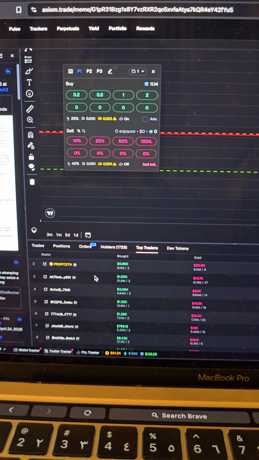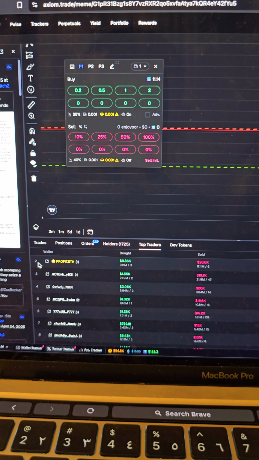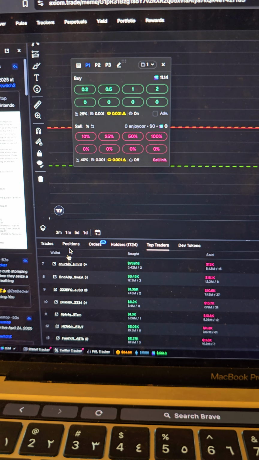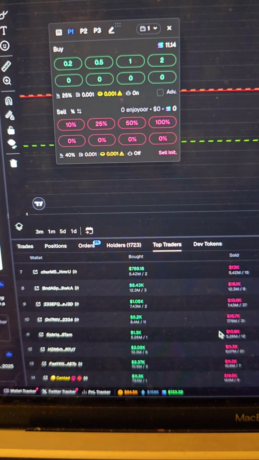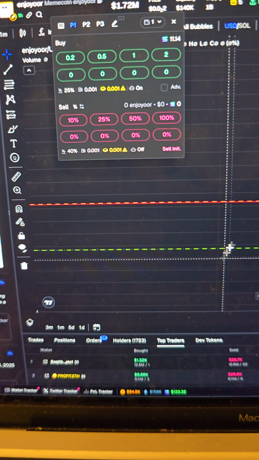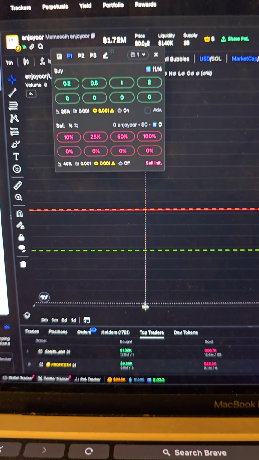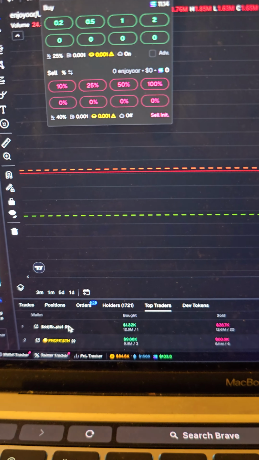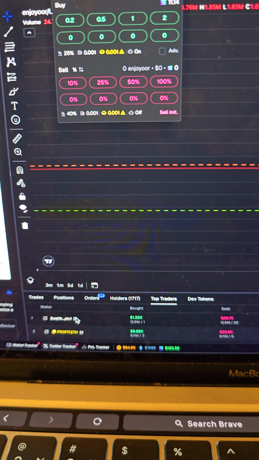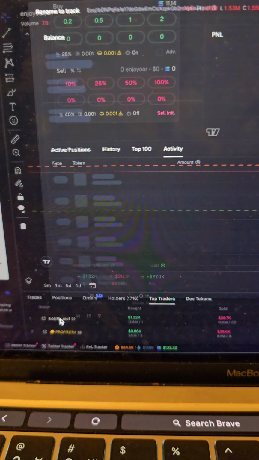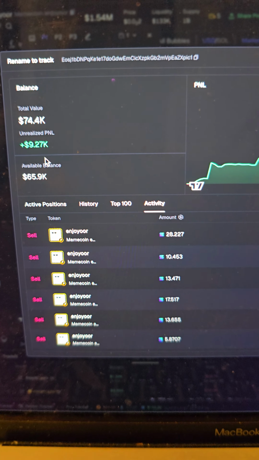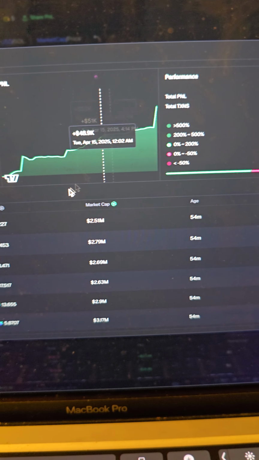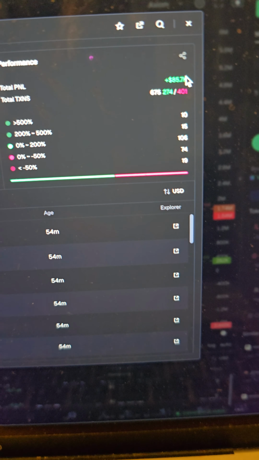Top traders, I can see profit.eth was a number 2 trader on this. Any of these wallets, I could name them right now. Say I'm interested in the top trader right now of Enjoyer. So we can see their wallet here. I can scan their address right now and see their profit history, all their trades in here, and they've been pretty